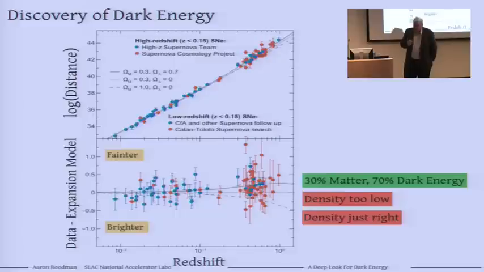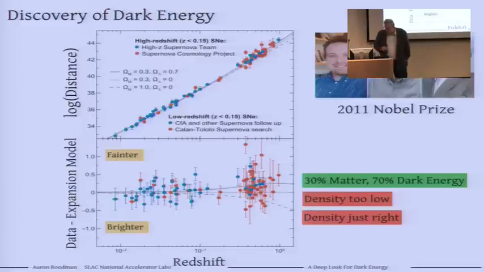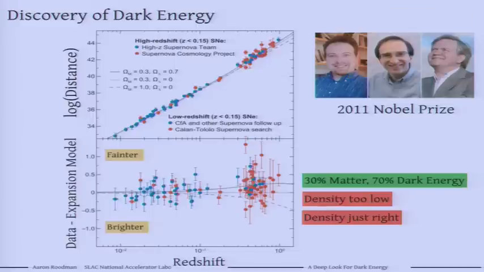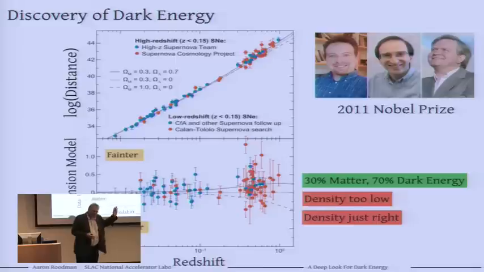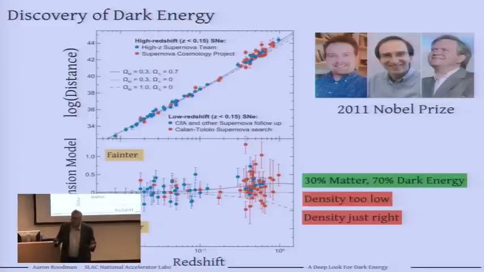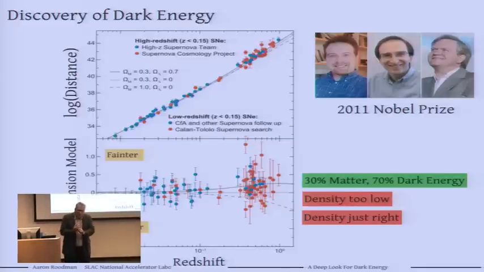And that is the discovery of dark energy. So the Nobel Prize in 2011 was given to these three gentlemen for this discovery. And really what that means is, if we step back, by looking at how the universe expanded, we're able to determine that we don't understand what the universe is made of. We know how much stuff, how much matter and energy is in the universe. Partly, well, combining these measurements with other measurements of the cosmic microwave background. That's the glow from the Big Bang. We know how much stuff is in the universe,